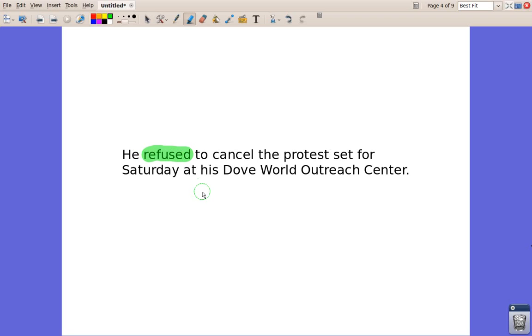And so we know that to the left of our verb is where we usually find our subject. In that case, it's he. So here we have our subject and our simple predicate, refused. Well, what did he refuse? He refused to cancel. To cancel what? The protest. Which protest? The one that was set for Saturday. Where was it? At his Dove World Outreach Center. All of this stuff over here, the rest of the predicate,